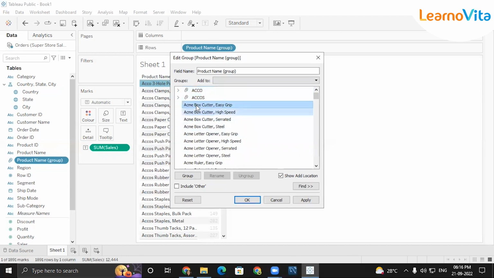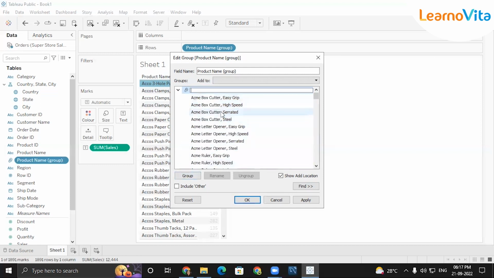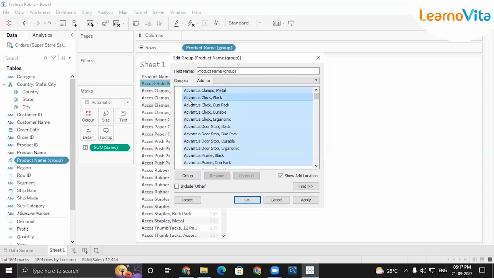Let me create another two groups. Let's say Acme. Again, I'm doing everything manually. I'm selecting with shift, pressing group, and typing the name Acme, right? So this became my third group. And I want to see Advantage as a group as well. So let me just select. Okay, it's not Acme, still Advantage. I want to select it as a group. Yeah, here. And group it up and write Advantage. Now I have 4 groups